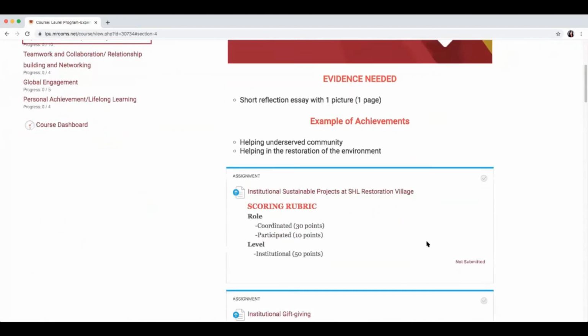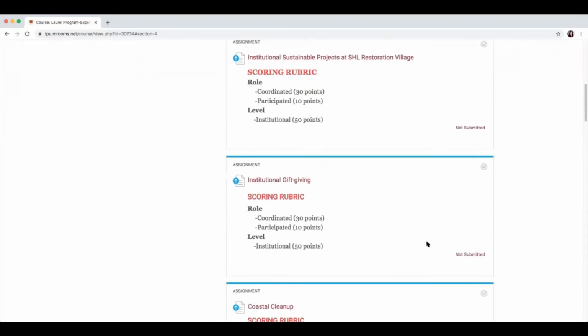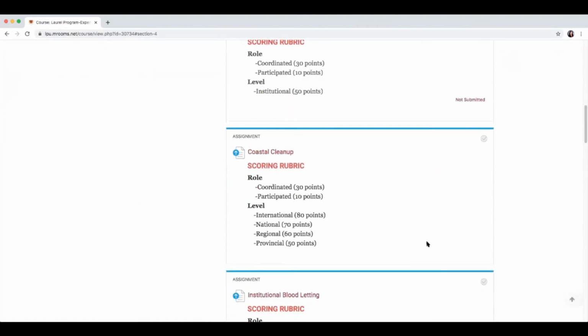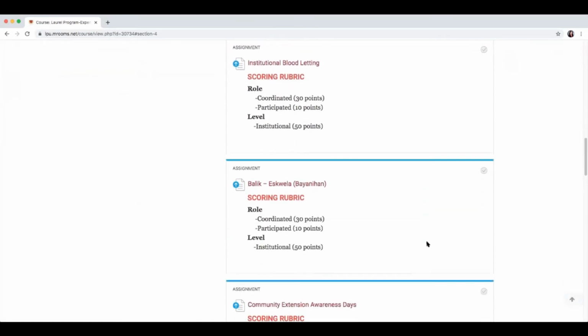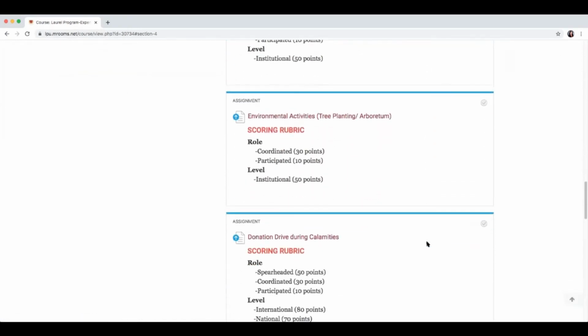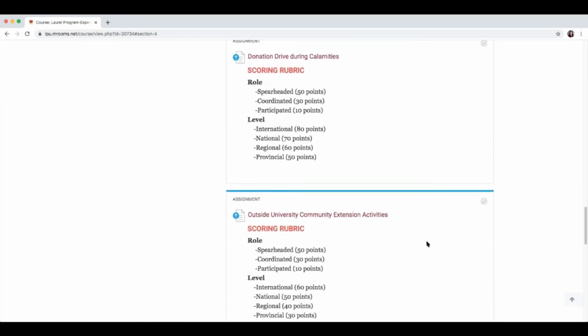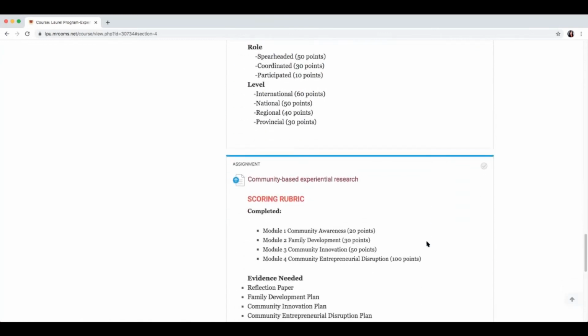Here, you can find the activities provided by the Community Extension Office, such as institutional sustainable projects at SHL Restoration Village, the institutional gift giving, coastal cleanup, institutional bloodletting, Balik Eskwela, community extension awareness days, environmental activities, donation drive during calamities, outside university community extension activities, and the community-based experiential research.